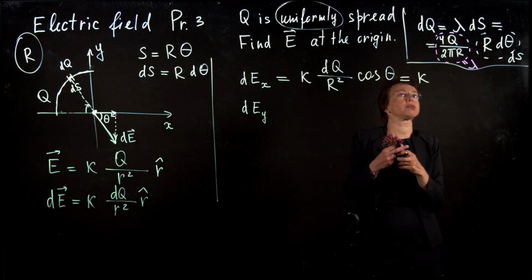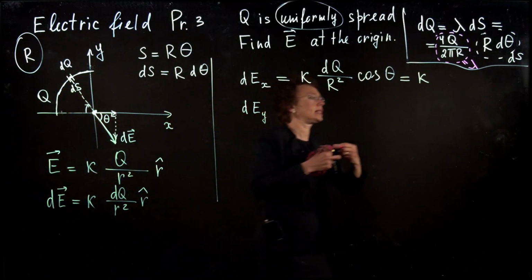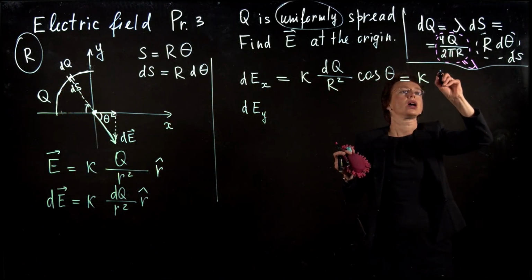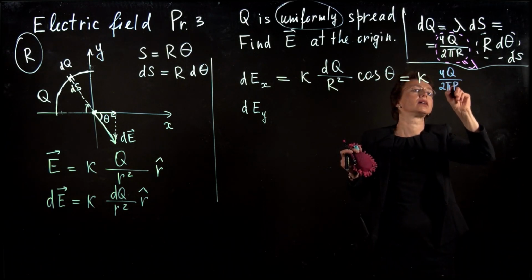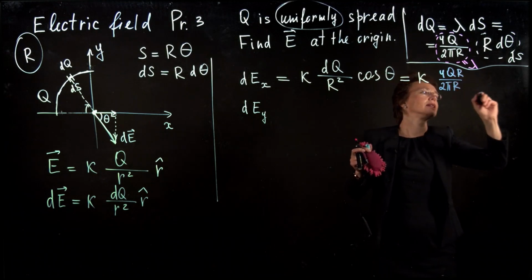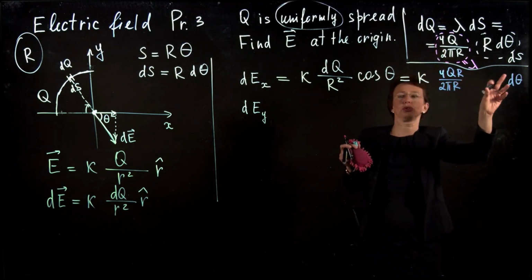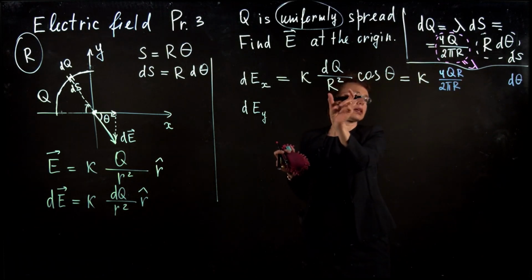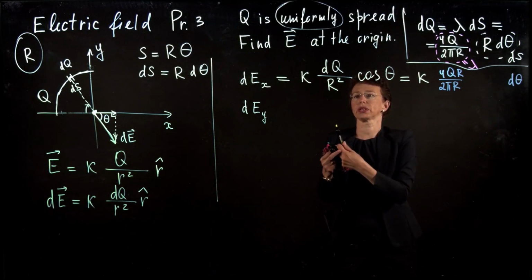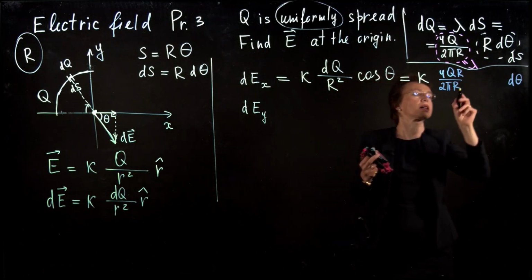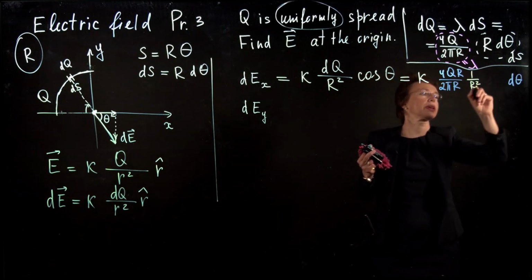dq. So let's put dq in blue. I will use blue to write dq. It is 4q over 2 pi r d theta. This is my q, and we miss here r squared. We need still to have our, this was dq, now I'm right here, r squared, so it is 1 over r squared, and then cosine theta.